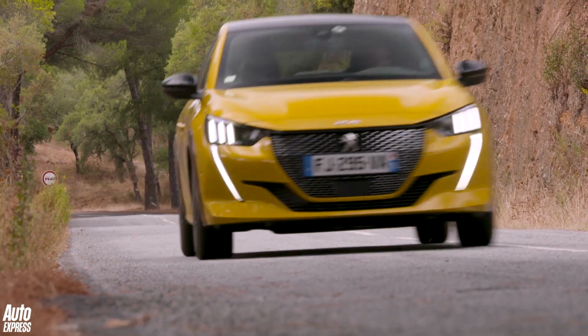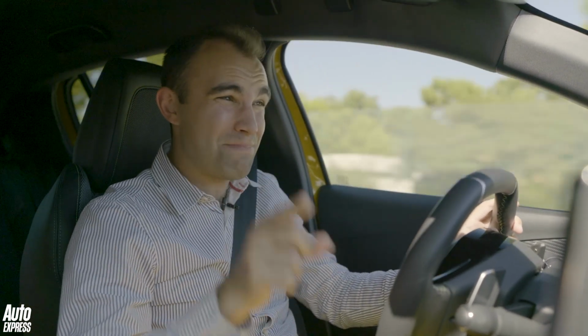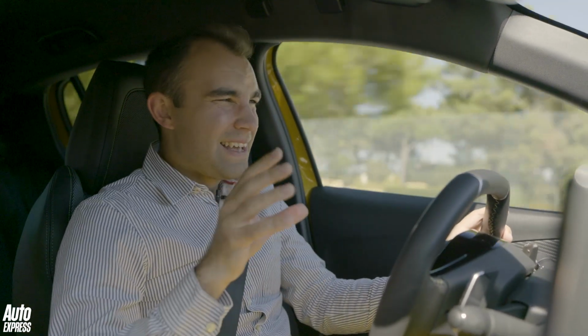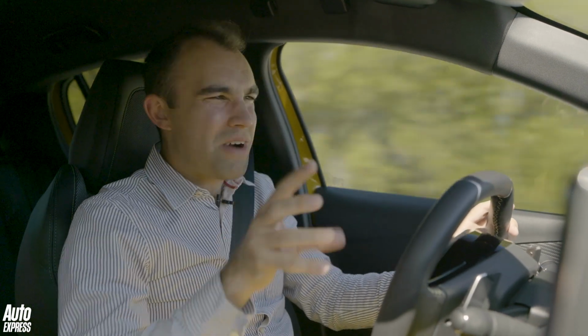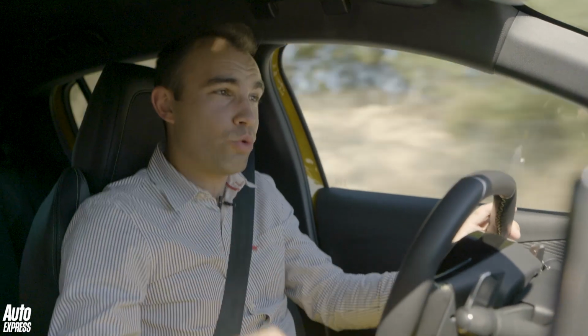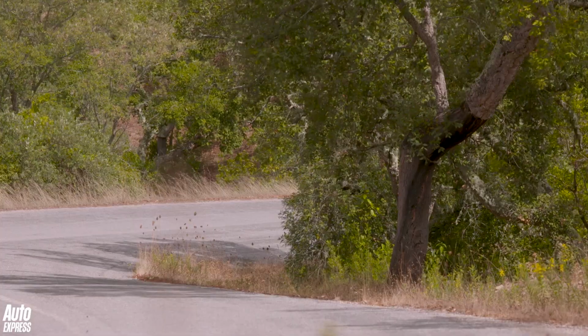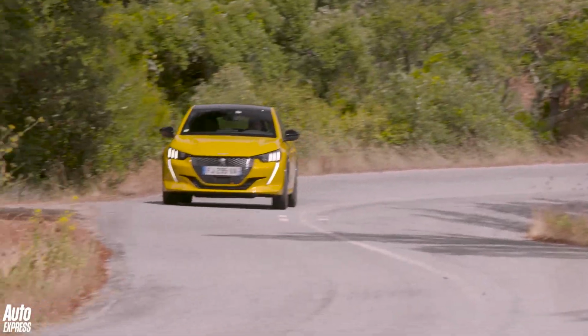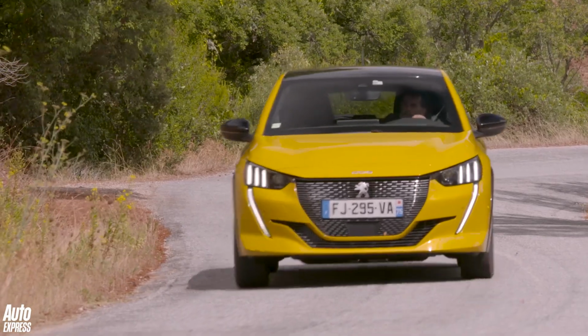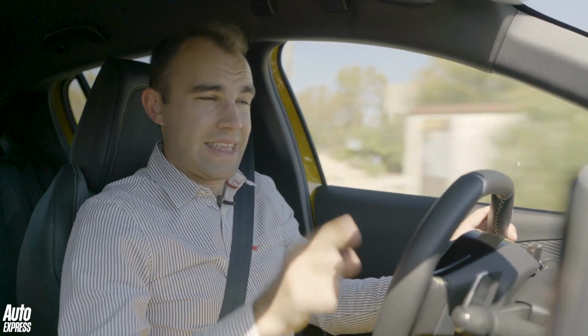Now, you're probably expecting me to be driving a 6-speed manual, but I'm not, because in actual fact the gear change in that is quite rubbery and a bit imprecise. We've got the new gearbox here, the 8-speed automatic. 8 speeds in a little Super Mini. Mad, isn't it? But honestly, it just changes gear almost imperceptibly. It makes this car really very refined indeed, and that brings me on to the best thing about this car,